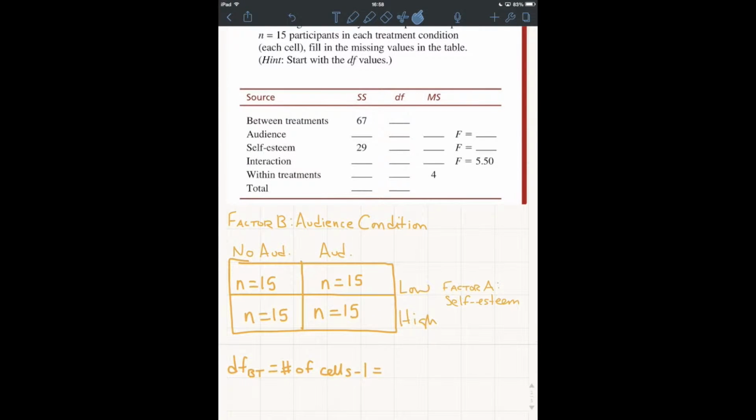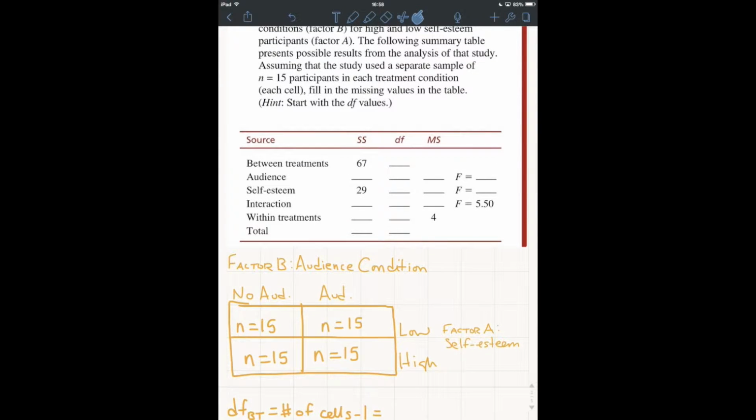The following source table comes from the previous section, which presented a study with two factors. Factor A was self-esteem, and you can see in the cells below with two levels, low and high. And factor B was the audience condition with two levels, no audience and audience. Each treatment condition had 15 different participants, and so we're asked to fill in the source table here, and we